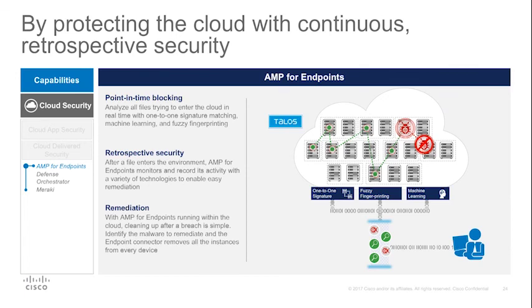Once a file lands on the endpoint, AMP for Endpoints continues to watch, analyze, and record file activity, regardless of the file's disposition. If malicious behavior is detected, it shows a recorded history of the malware's behavior over time, where it came from, where it's been, and what it's doing. Then an organization can stop the file from executing on all endpoints and remediate with a few clicks. Security teams will use AMP for Endpoints to detect, track, analyze, control, and block malware outbreaks across the cloud and